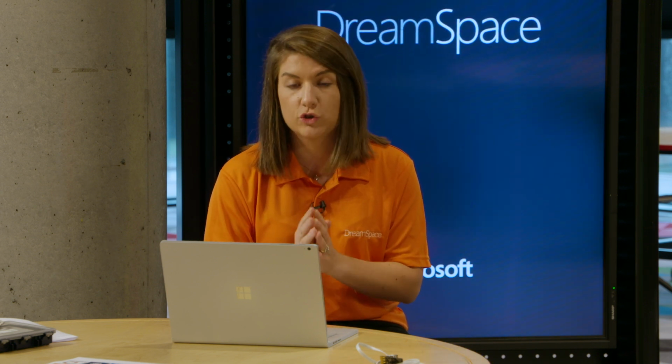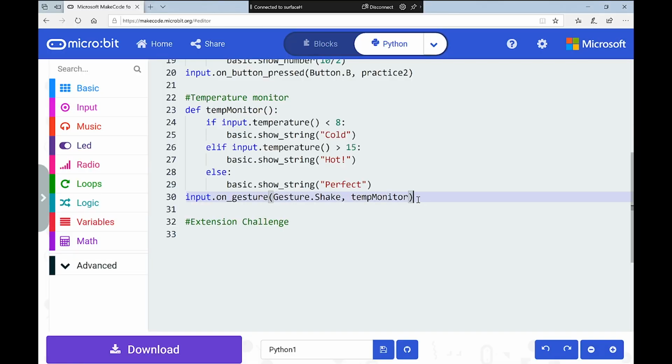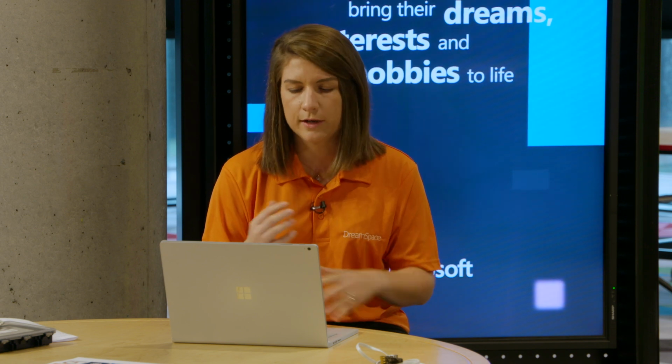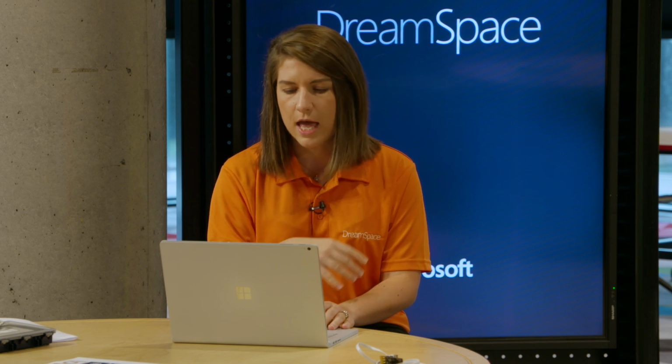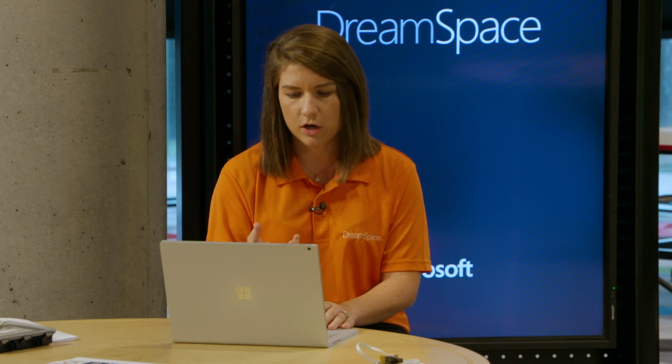So what we asked you to do was to use these basic building blocks for the temperature monitor to create another monitor, but this time using the input of the light sensor. So I'm going to do this with you, and if you didn't get through this, don't worry, by the way. For the extension challenges, we're really going to try and push you, okay? Remember, you can always toggle back to blocks if you're getting stuck on things. But it'll be interesting to see how you got on with this.